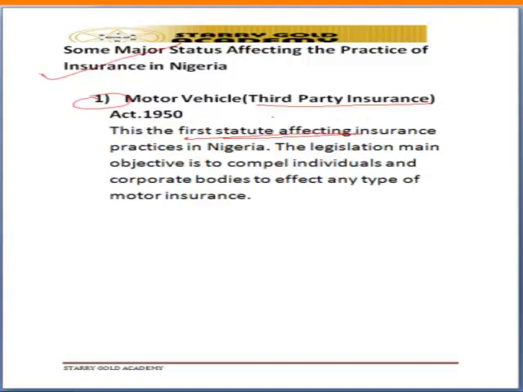The main aim is to assist an individual that is a vehicle owner to compensate or to help in taking care of their liability that might arise in the course of use of their